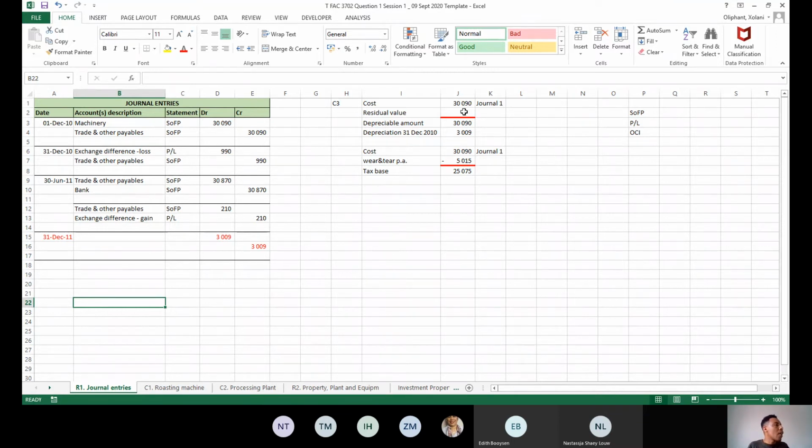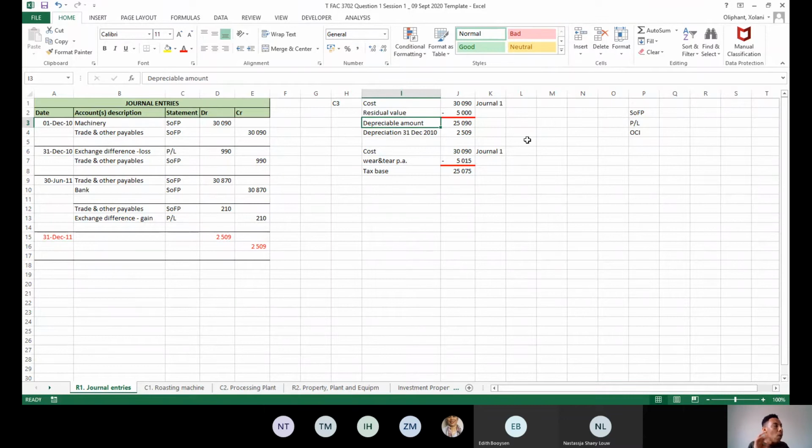So the question, I think, would have indicated to you that the residual value for this vehicle would have been 5,000 rand. So your depreciable amount is what your cost is versus what you can get for this vehicle at the end of its useful life, which is your residual value. Then your depreciable amount is going to be